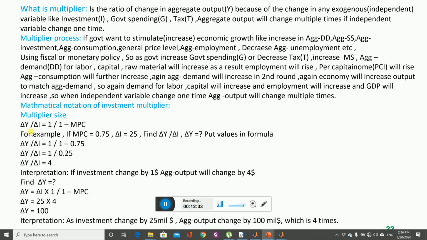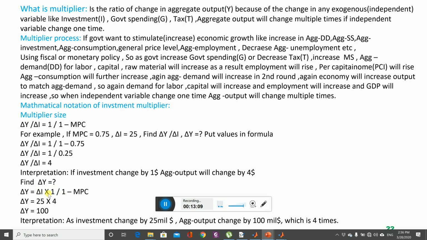So from the left hand side, delta I will cancel out and it will transfer to the other side in the numerator, not in the denominator. It will come above the fraction bar, not below the fraction bar. So delta I will transfer from the left hand side to the right hand side, as I write in here. Delta Y is equal to delta I. This is a sign of multiplication. So we change this delta I to the right hand side, and now this is delta I